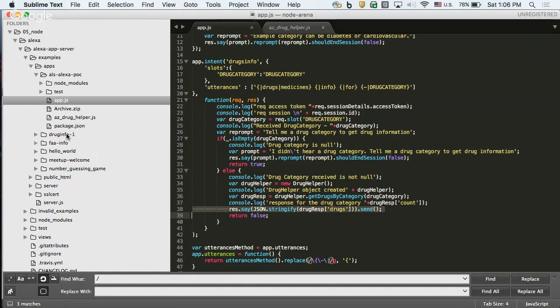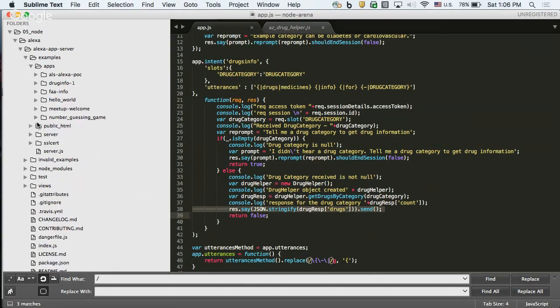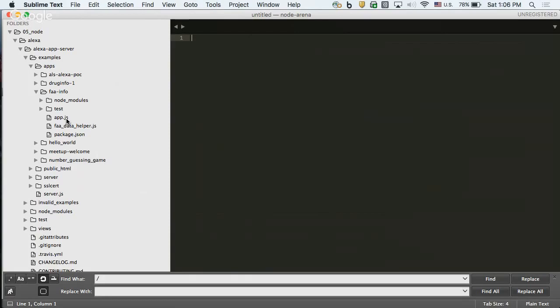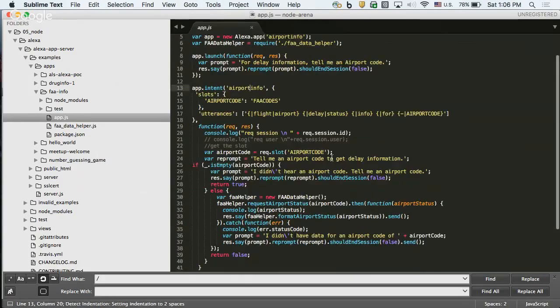Probably I can show another example where I have done that. Earlier you showed a window like in AWS. There also we can mention this combination of weights. So this is another example that I developed. Here, what I'm doing is I'm getting the flight information or the airport information by making an AJAX call to an external system. So if I get into this data helper,